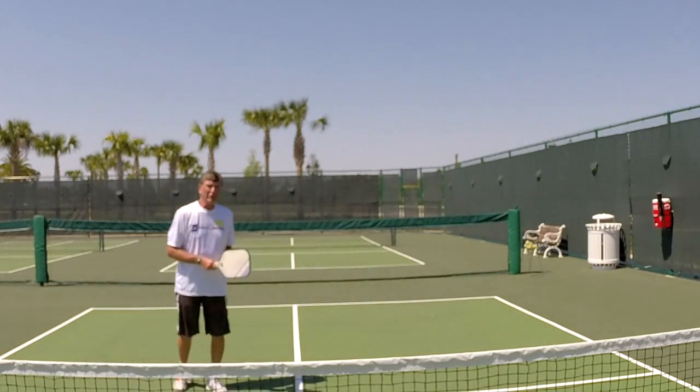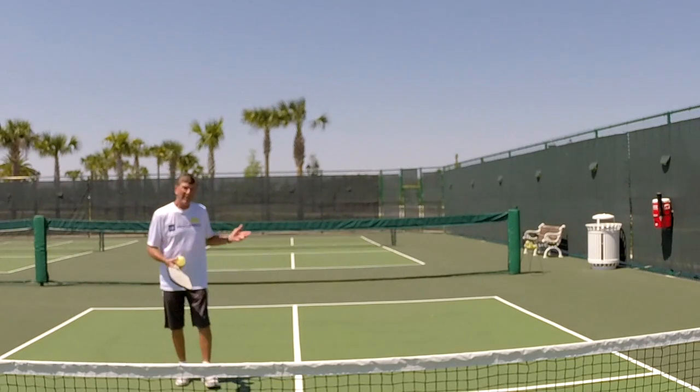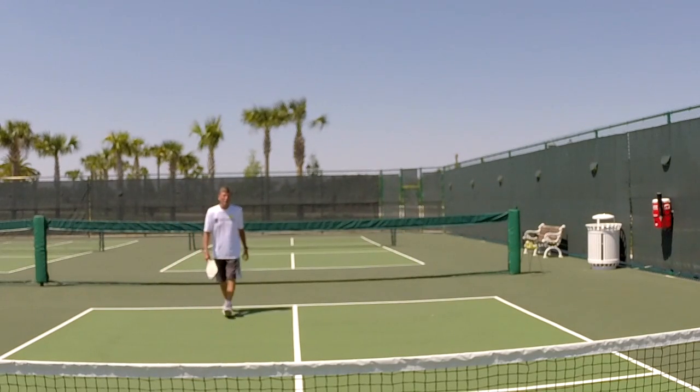So now we're going to go over the third shot. You've got the serve, you've got the serve return. The third shot is hit by the serving team. So when you're hitting the third shot, some of the things that you want to make sure that you do